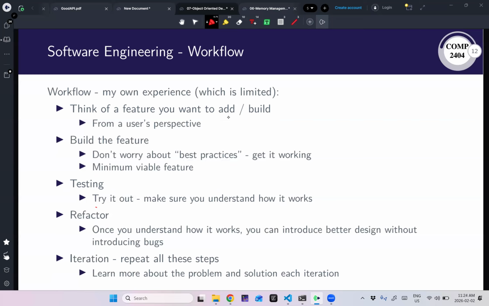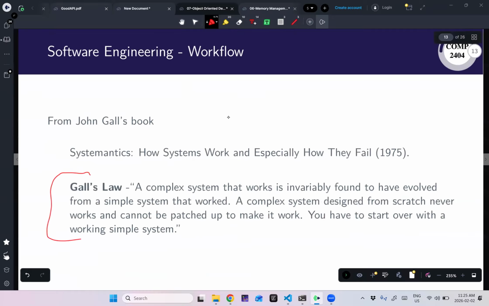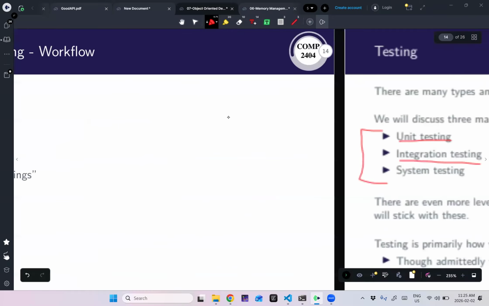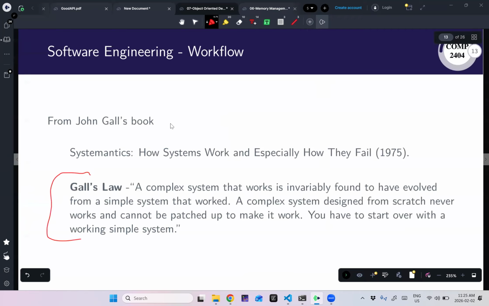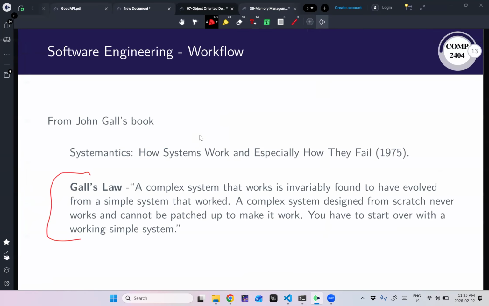I think it's really important not to get bogged down in processes. Just build things, and these things will all become clear to you. I think I'm going to stop there today. But I'll leave you with this: you can just do things, right? Just build, see what happens. That's the most important thing. It's not that this stuff is not important, but you can learn a lot of it just by applying yourself. All right, so that's it for today. We'll continue with this next class.